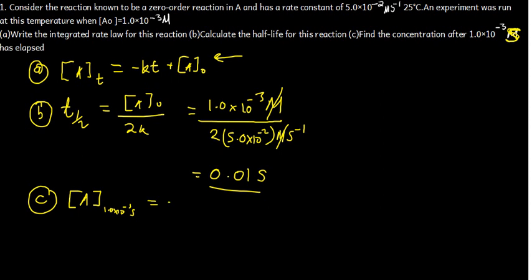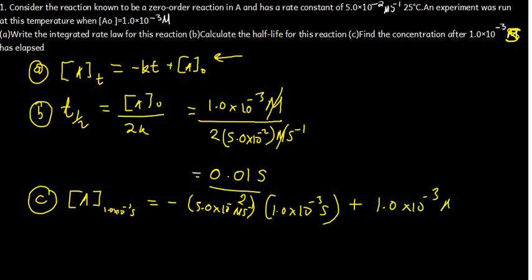That is going to be equal to negative k, the rate constant, which is 5.0 times 10 to the power negative 2 molar per second, times the time, 1.0 times 10 to the power negative 3 seconds. The seconds and the per second cancel out, so we remain with molar, and then plus the initial concentration, which is 1.0 times 10 to the power negative